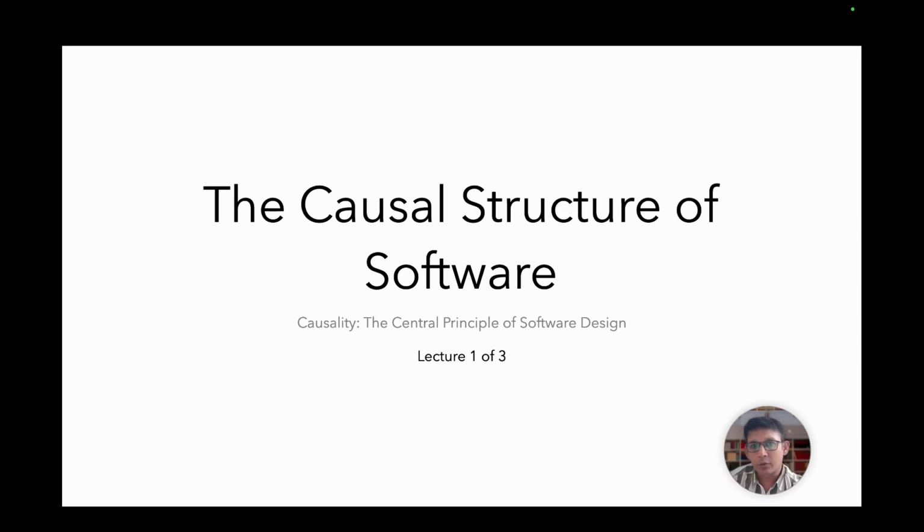Why can you change one line of code and break something on the other side of the system? Software is deterministic. There's no randomness. Every execution follows exact predictable rules. The computer does exactly what we tell it to do every single time. Yet our systems are deeply unpredictable. This gap between determinism and predictability is the central problem in software design. The problem is causality, specifically, the opacity of causality in our systems.